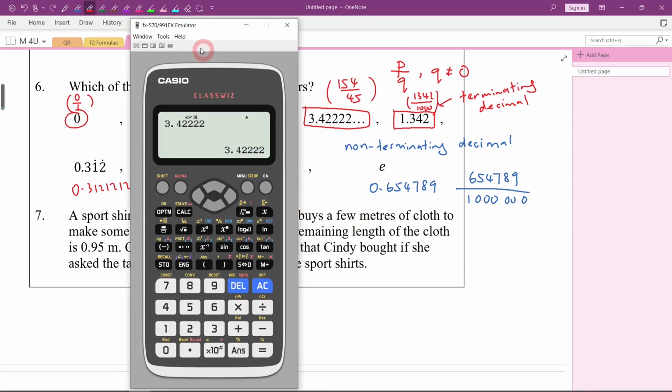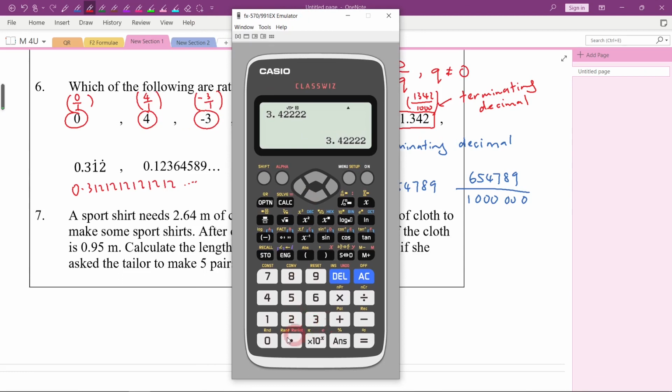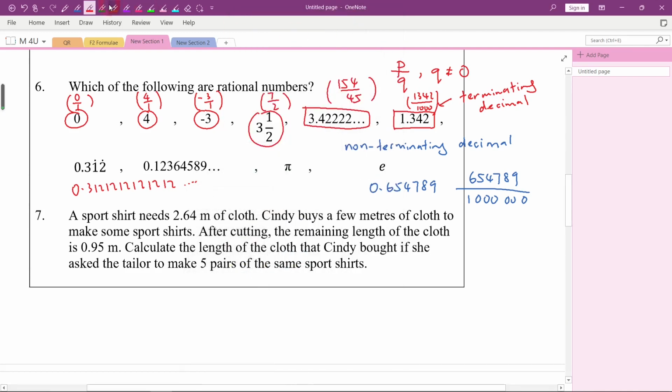Okay, now let's use our calculator to help us change it to fraction. 0.3121212, keep on repeating 1, 2, 1, 2. Try to press equal: 103 over 330. Let's check. 103 over 330. So is this equal to 0.3